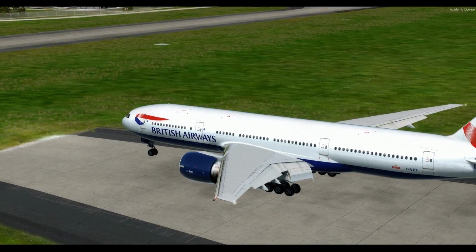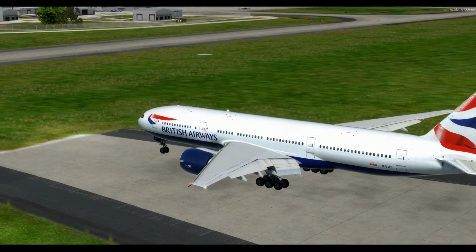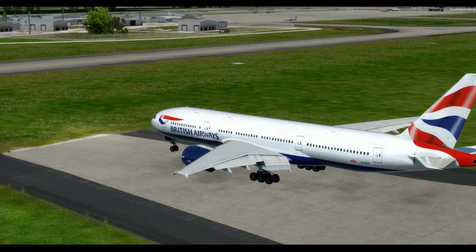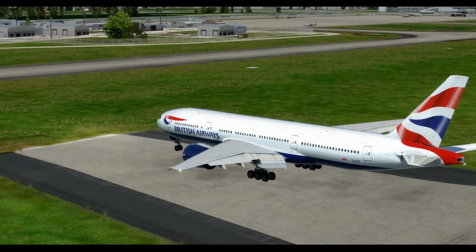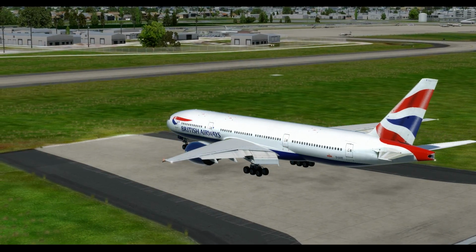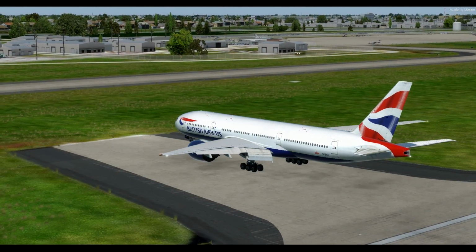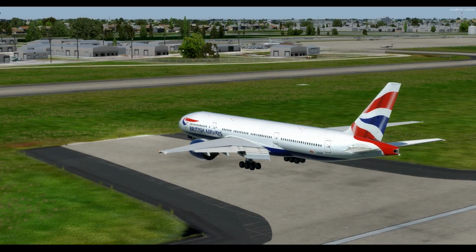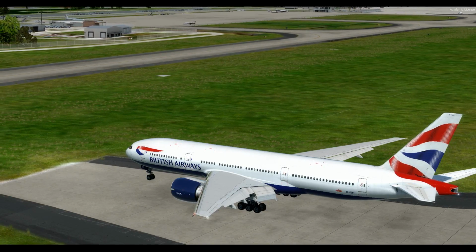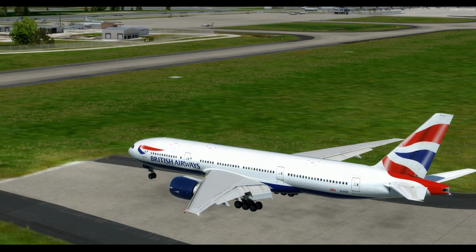Secondly, for the love of God, please do not charge $135 for this aircraft. You're stepping into PMDG territory. And honestly, PMDG blows this out of the water in terms of just functionality, texturing, and just system depth. The PMDG is literally the epitome. And you're trying to say this is equal to that when it's not. This is a good, cheap alternative to it, where it's not as deep system-wise, but it's a good, cheap alternative